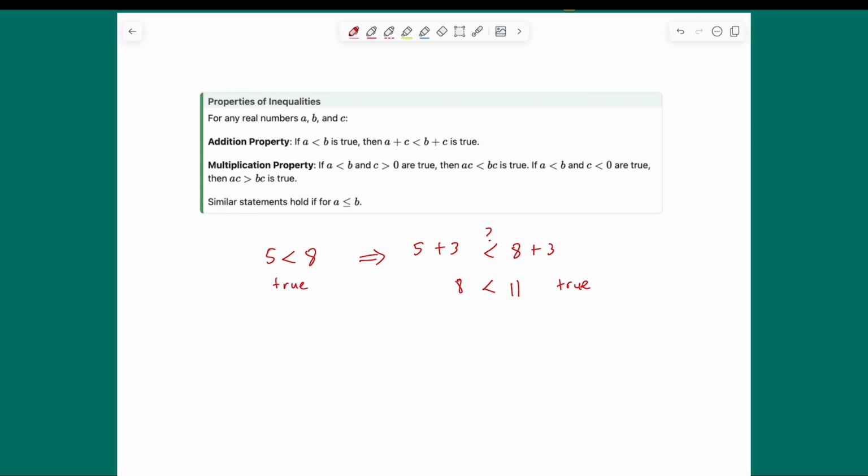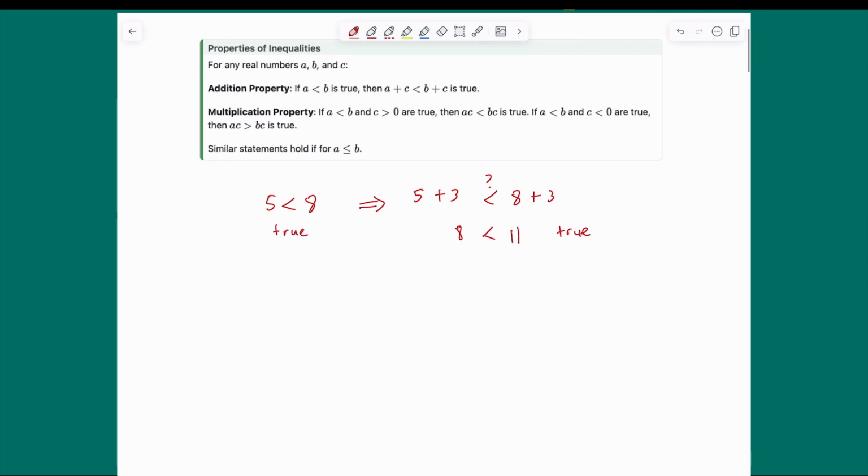The multiplication property states that if a is less than b and c is greater than 0 are true, then a times c is less than b times c is true. Well, let's use some concrete numbers here. Once again, let's use 5, and we know 5 is less than 8. So we know this is true, and let's take, say, c equal to 3 in this case. Well, then if we multiply 5 by 3